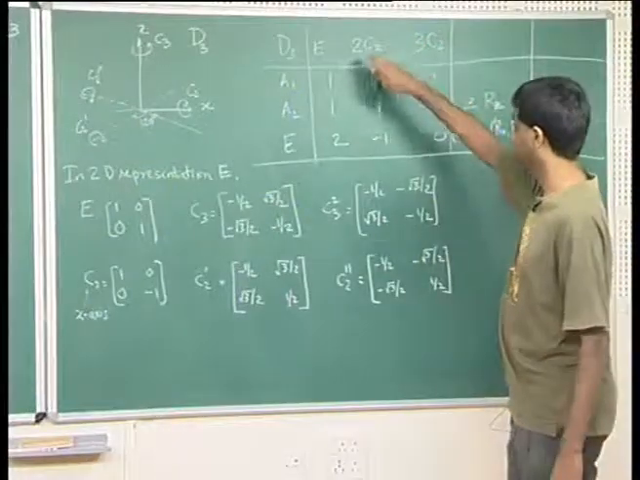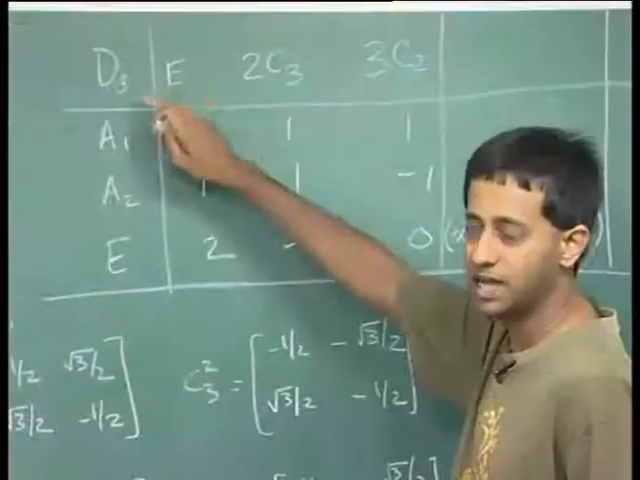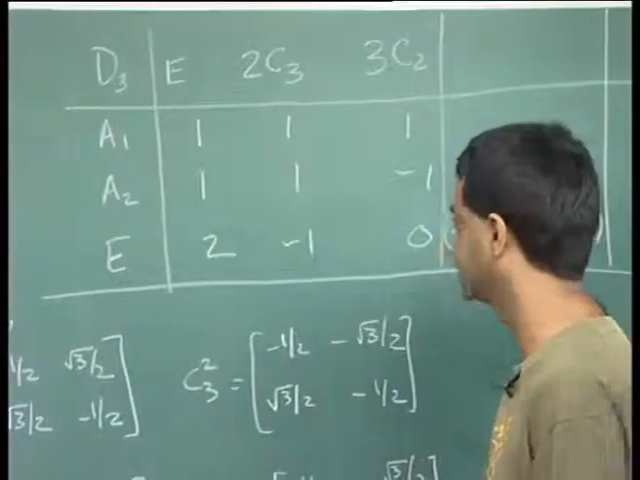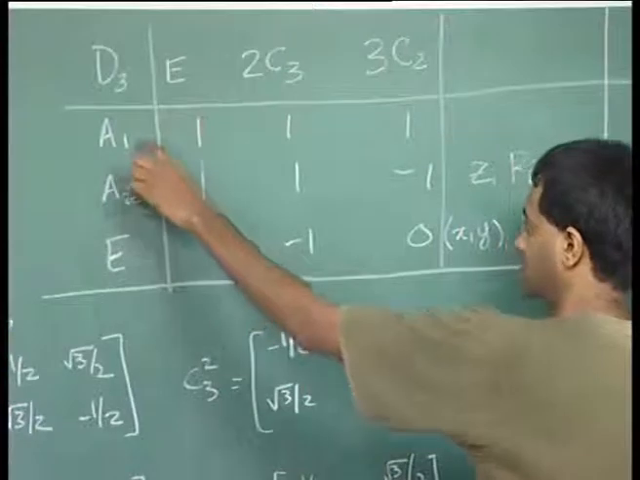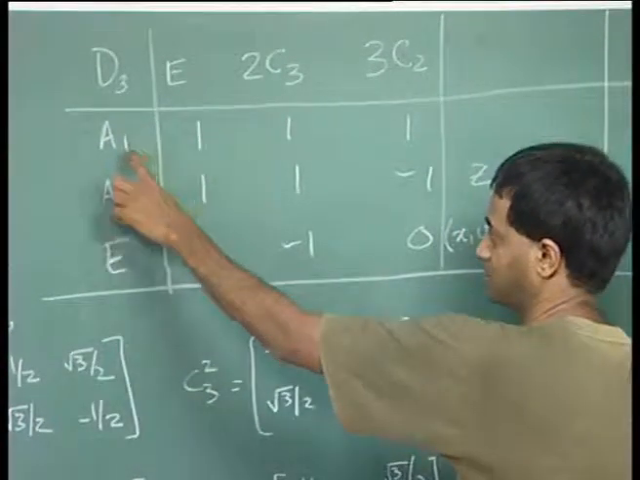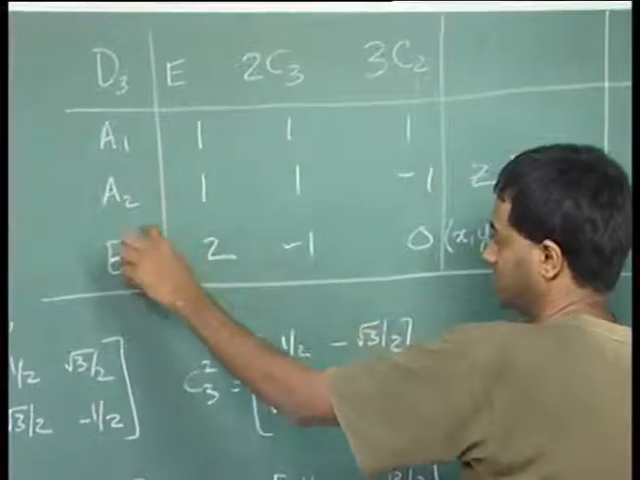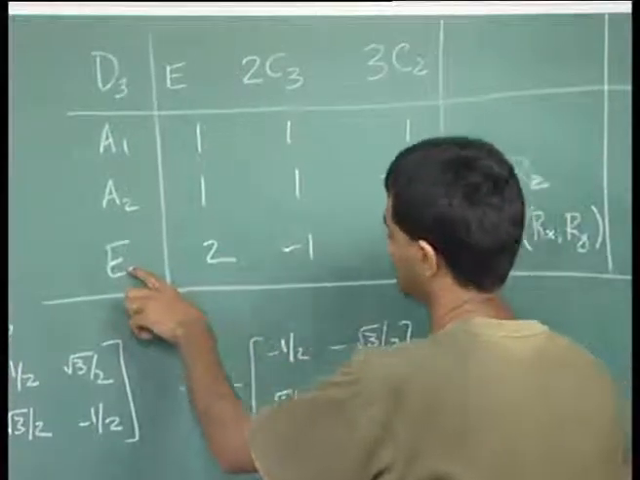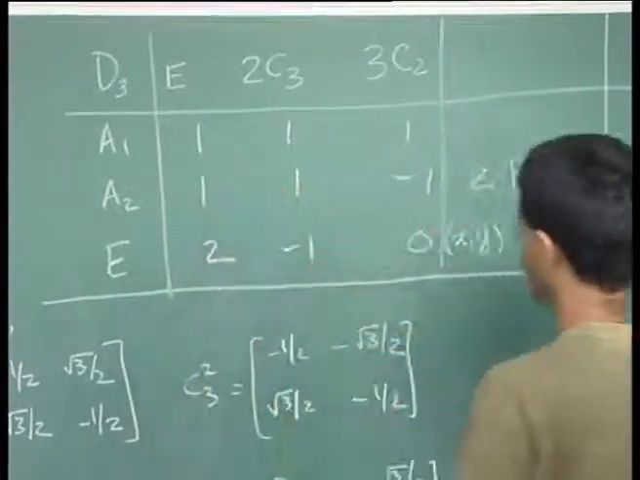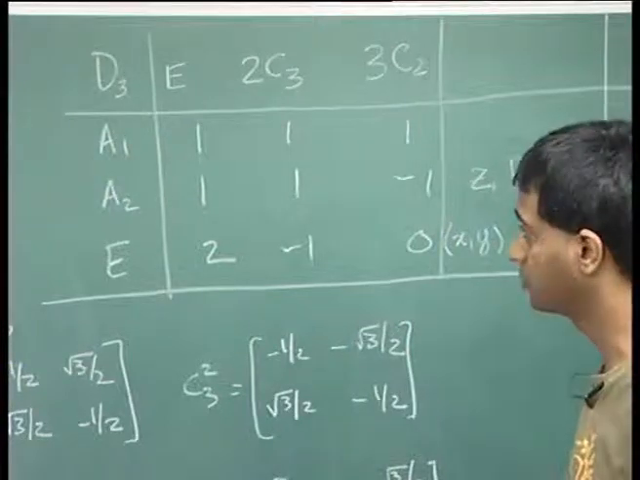elements of this group. These are the various classes, and you can easily work out using the great orthogonality theorem that there should be three irreducible representations, two one-dimensional irreducible representations and one two-dimensional irreducible representation, and then you can also work out that these should be the characters. So let us say we know this much about the group, and now what we want to do is